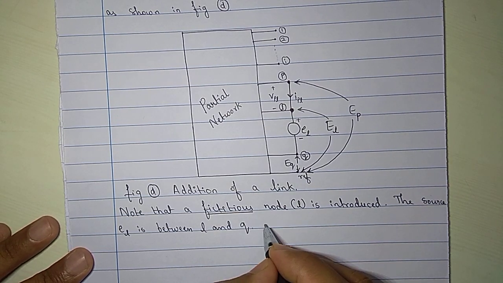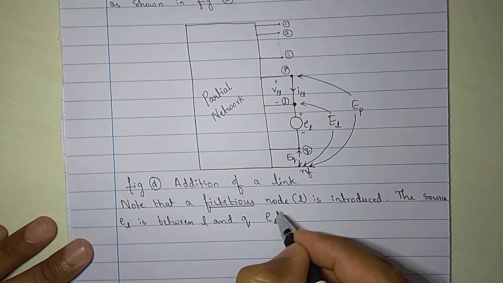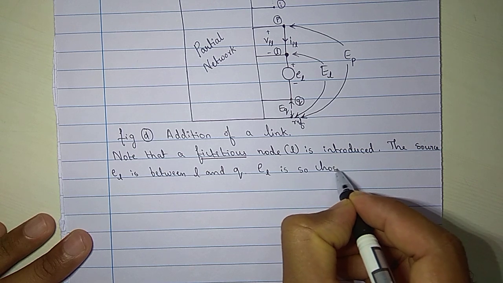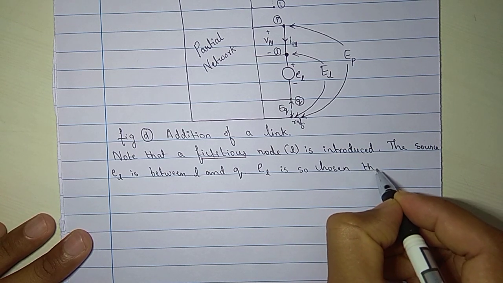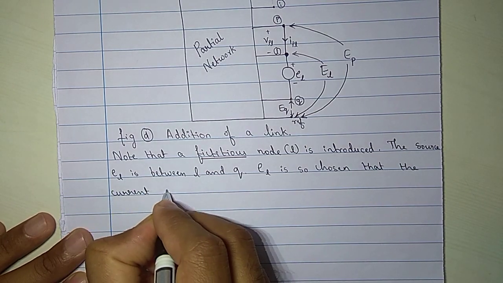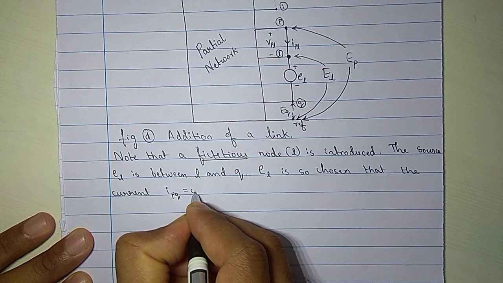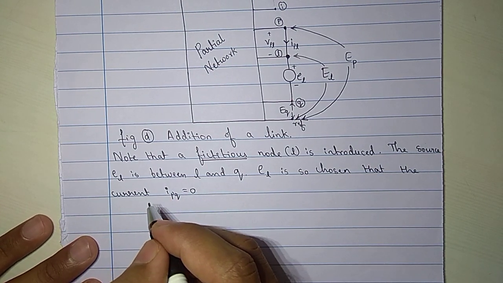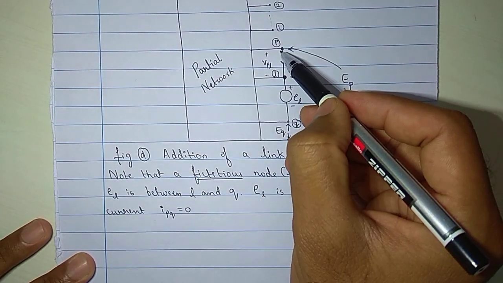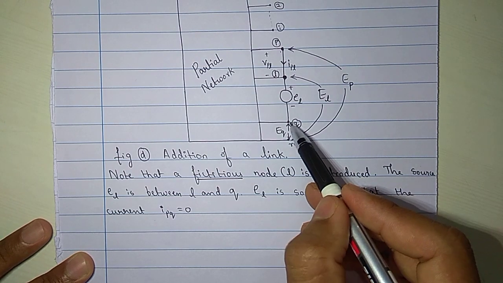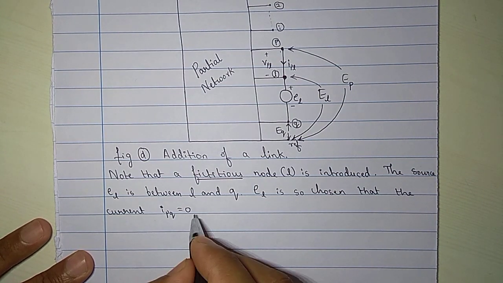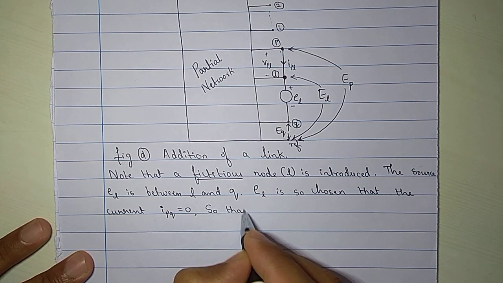Is that okay? Also, E suffix L is so chosen that the current IPQ is equal to 0, which means that they are assuming that EL is so chosen that the current flowing from node P to node Q is assumed to be 0. If it is assumed to be 0, so that the element